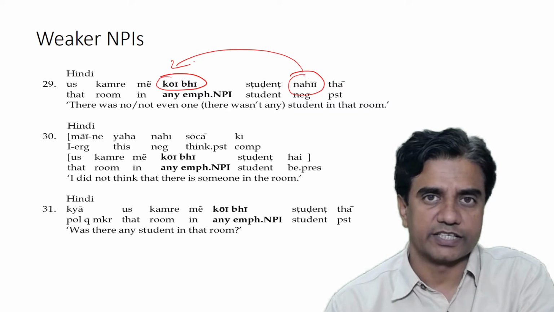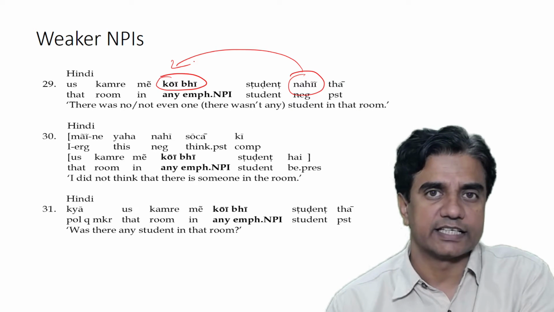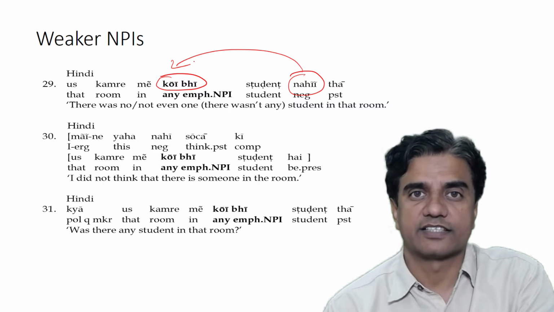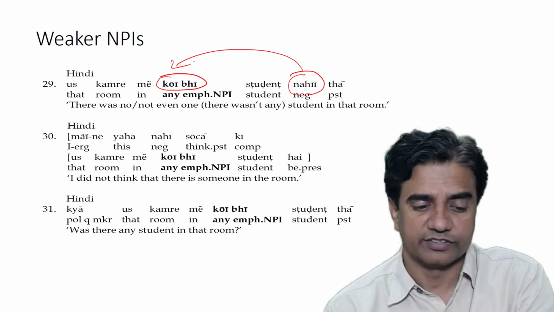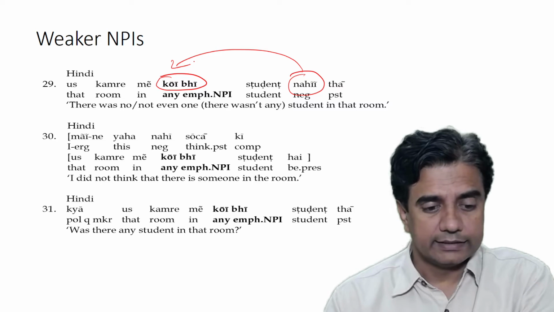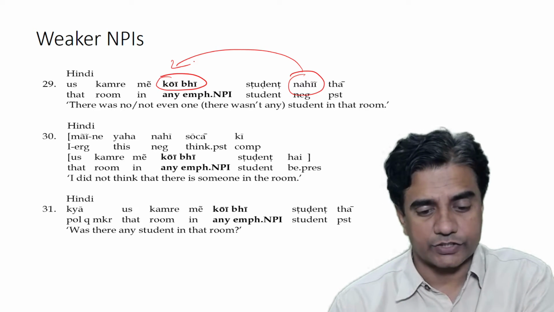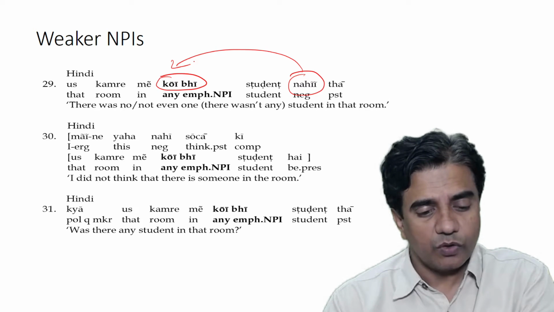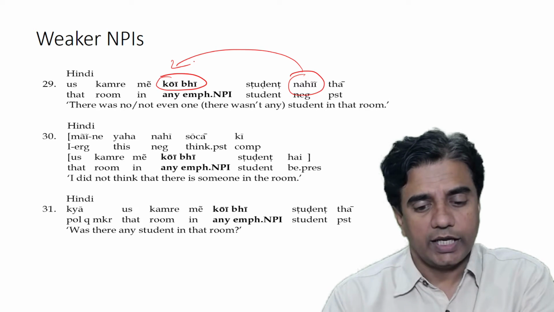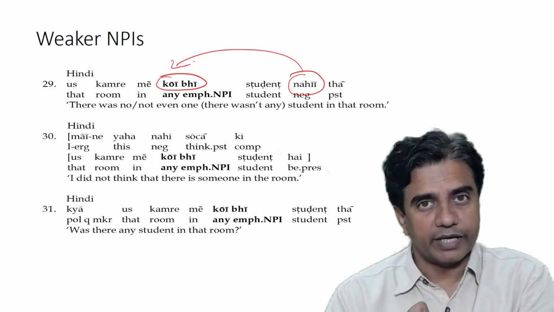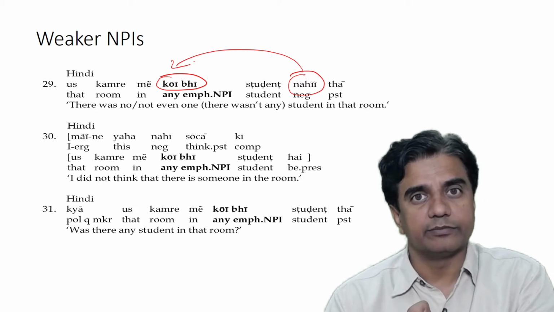This type of sentence is also known as the canonical sentence for understanding negative polarity items and their interaction with negation. What we see is that this NPI, that is koi bhi, is also good if the negation element and the negative polarity item occur in